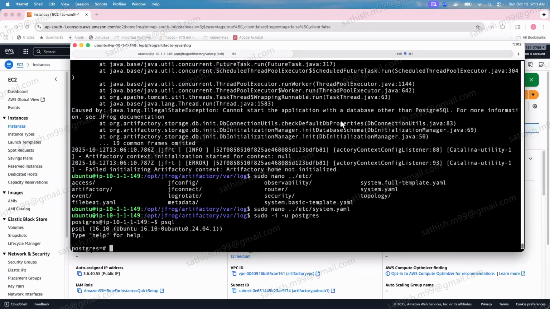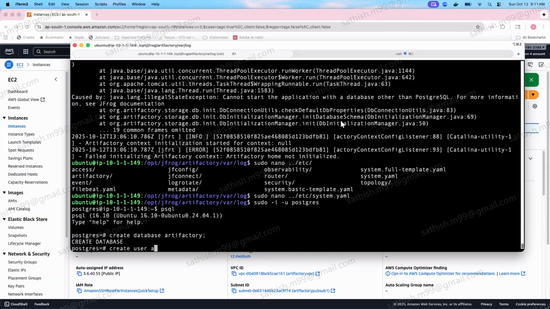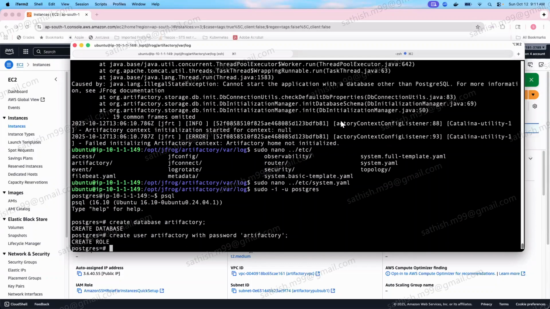Username is Postgres only. I need to change the password and I need to set the Artifactory server, right? User with password Artifactory grant or